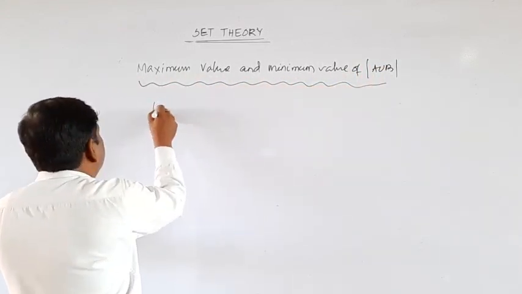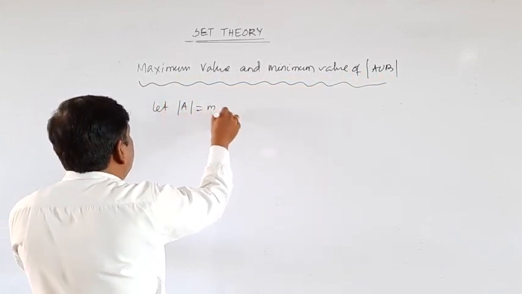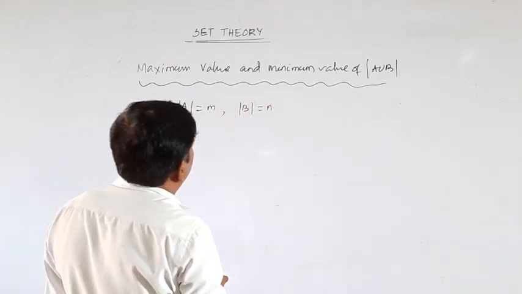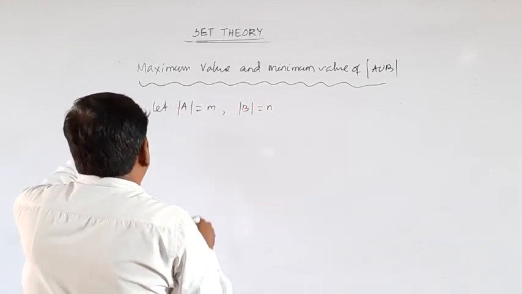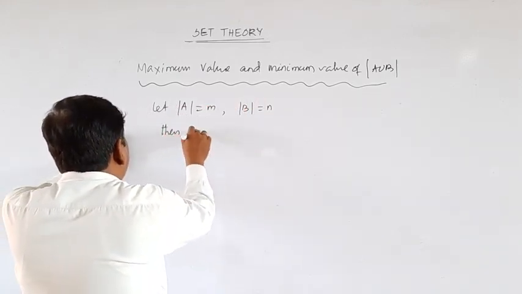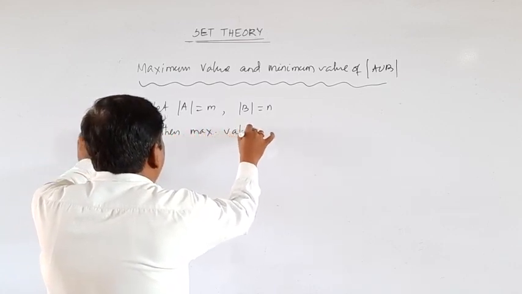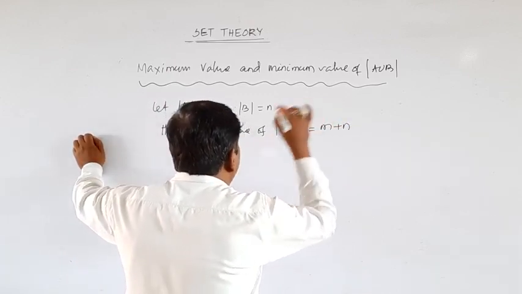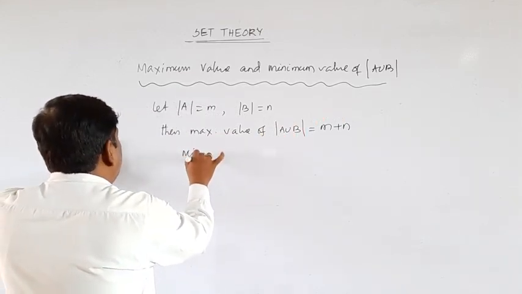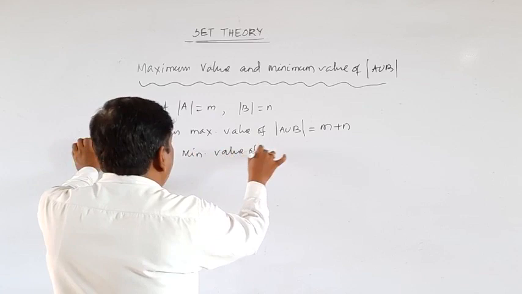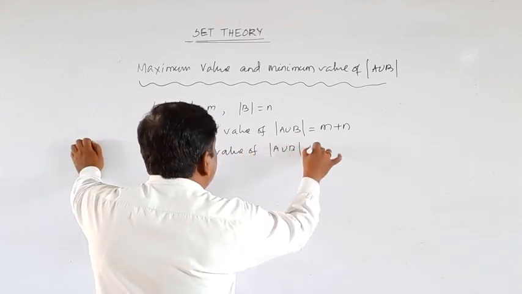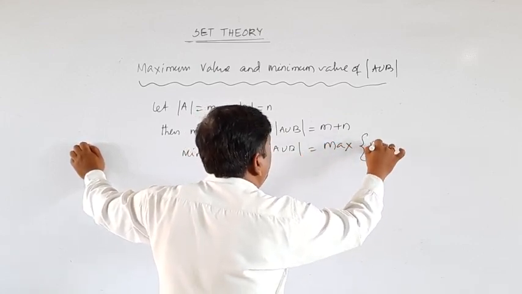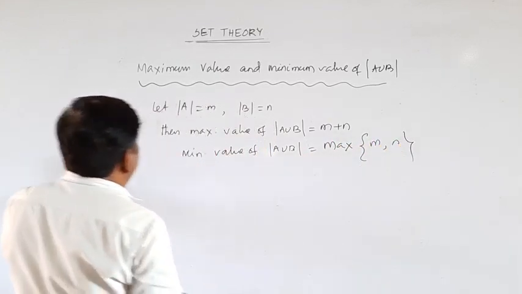Let cardinality of A be M and cardinality of B be N. Then the maximum value of cardinality of A union B is M plus N. The minimum value of cardinality of A union B is the maximum of M comma N. Reason: